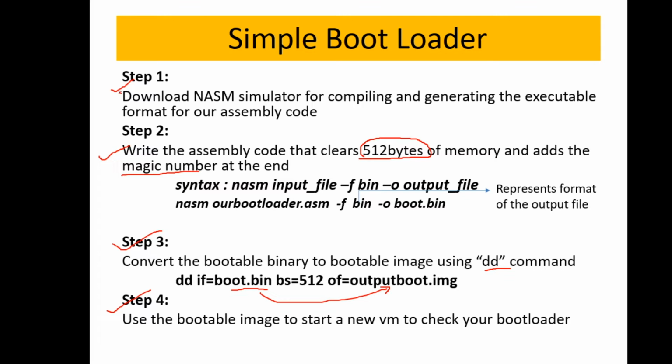So I'll just repeat. First, in step 1, we are going to download and install NASM. Then we are going to write an assembly code and generate the bin file from the object file. The bin file will be the output file here. Then in step 3, this generated bin file is converted into the image file. And in step 4, we are going to load this image in order to visualize the output. This is the fourth step. We are going to do it in a particular order.